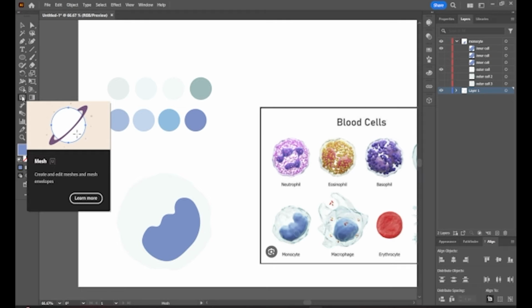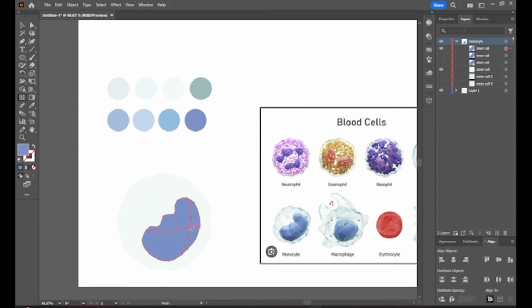Okay, so to apply the mesh tool, you just need to click on the mesh tool in your toolbar or use the shortcut U. And it's going to apply some anchor points right away. And these paths will be connected by the outer anchor points that you've created. So for example, if I add one here, it's connecting this point to this point here. And so you can just go through and select points,